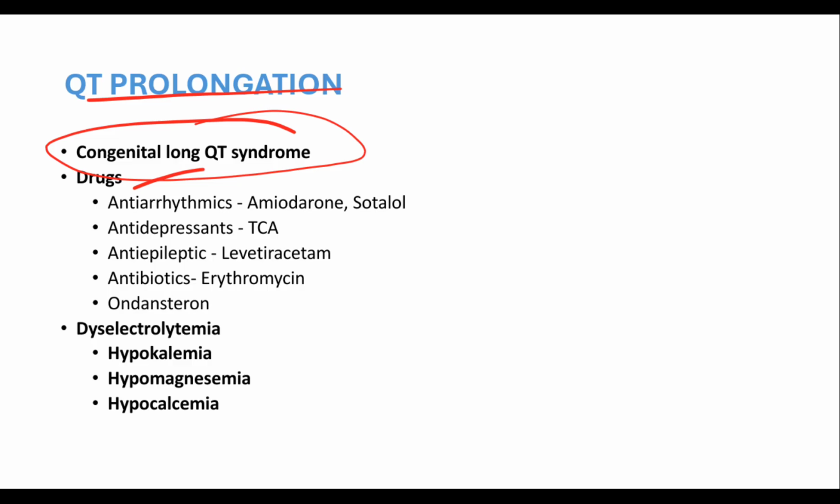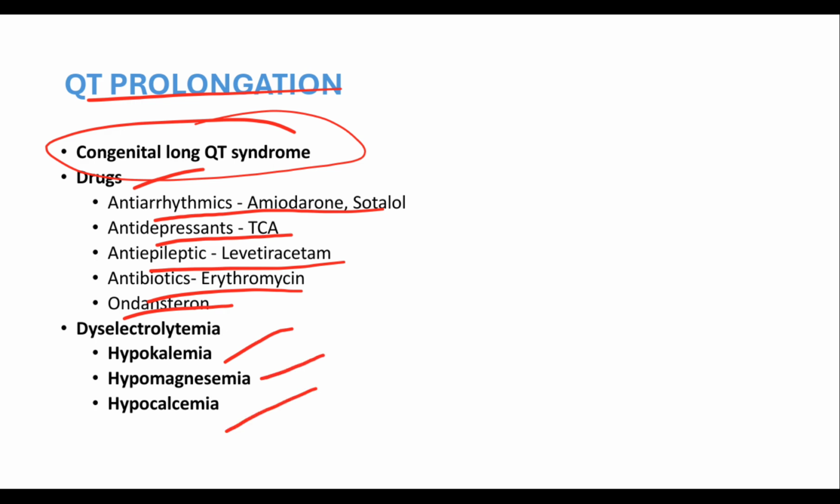Now, there are drugs which are predisposing to QT prolongation and these fatal arrhythmias. Those are antiarrhythmics like amiodarone, sotalol, antidepressants like tricyclic antidepressants, anti-epileptic like levetiracetam, antibiotic like erythromycin and ondansetron, and dyselectrolytemia like hypokalemia, hypomagnesemia, hypocalcemia, anything can